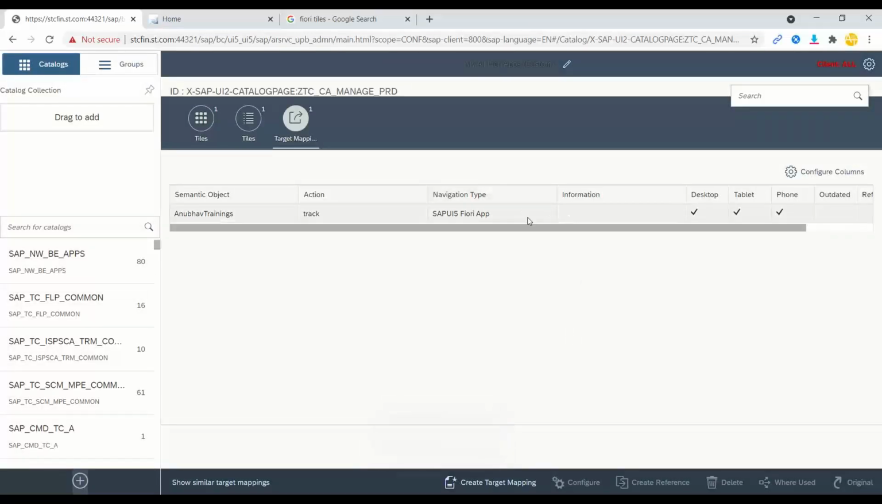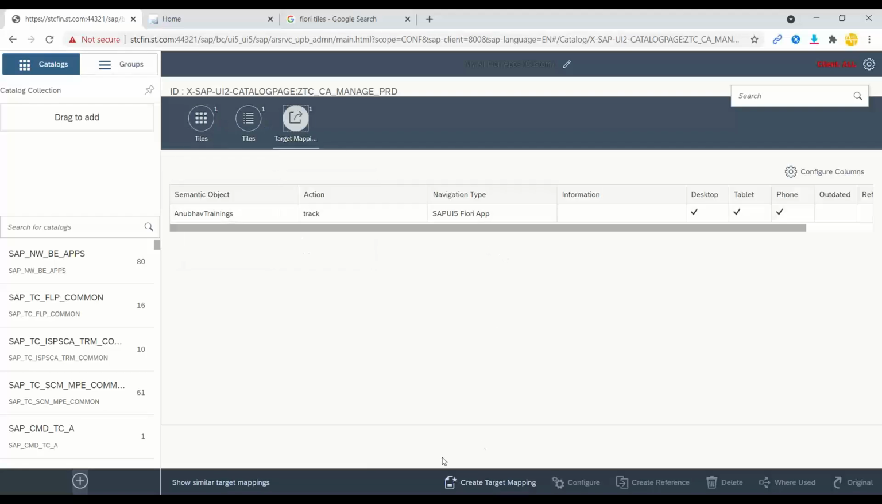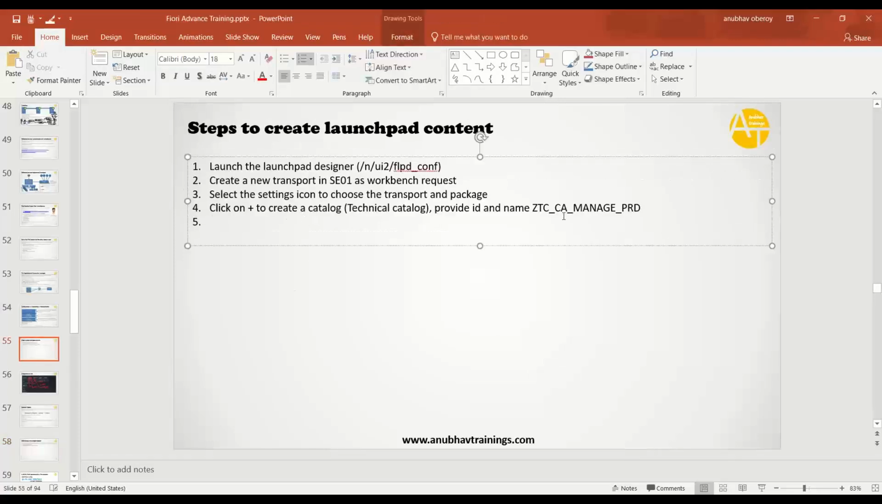Wow. So that's my target mapping. So both tile and target mapping are ready. So we just created a catalog with tile and target mapping. Let's note down the steps. So click on plus, create a technical catalog, add a new tile with tile properties